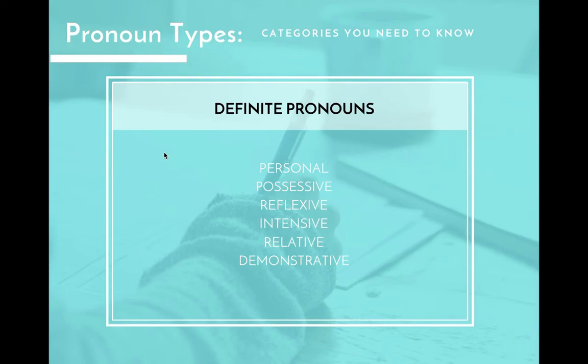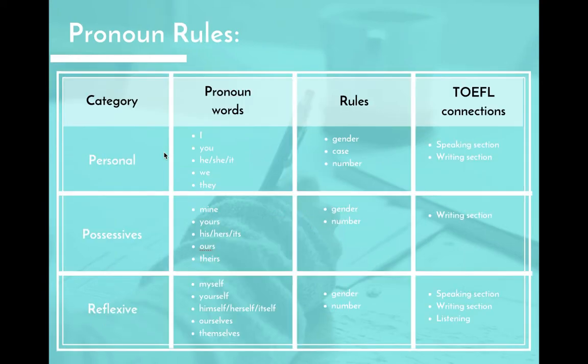So, what are the types of definite pronouns? This is not an exhaustive list. There are a few that we will not be going into, but these are the ones that you're going to want to know for TOEFL success: personal, possessive, reflexive, intensive, relative, and demonstrative. For our purposes for today's video and time's sake, we're only going to talk about our first three: personal, possessive,